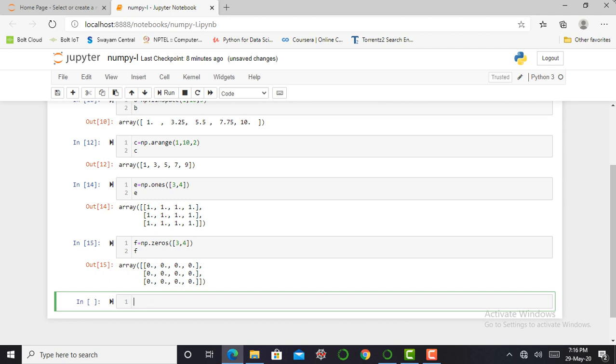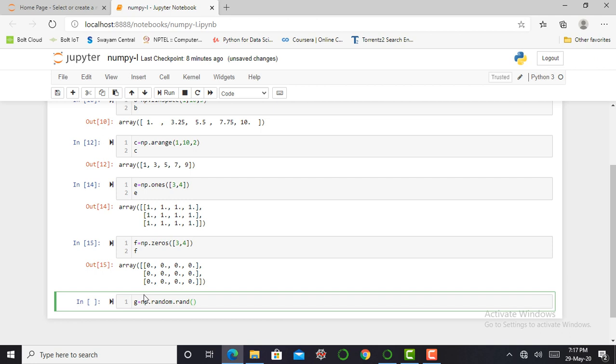The next step is to create random numbers. We initiate with np.random.rand.